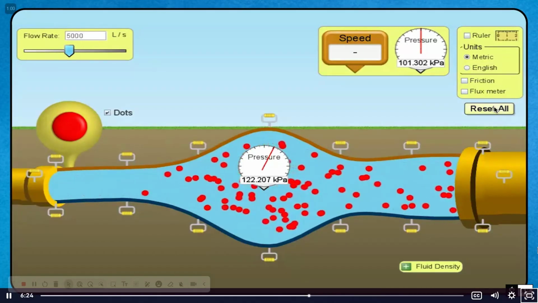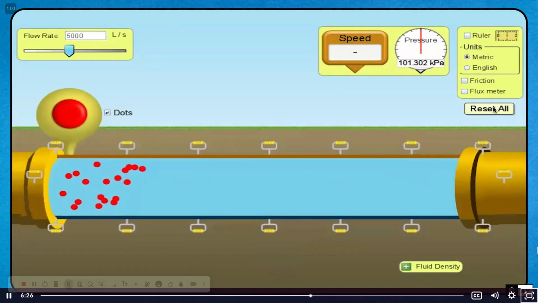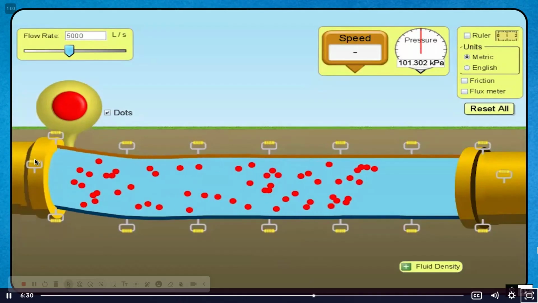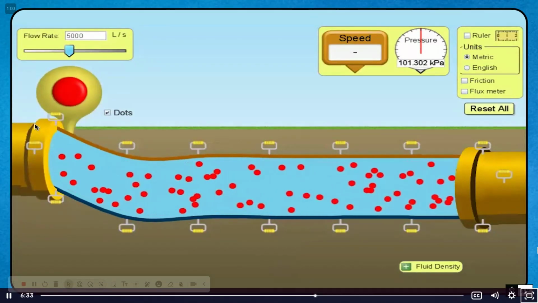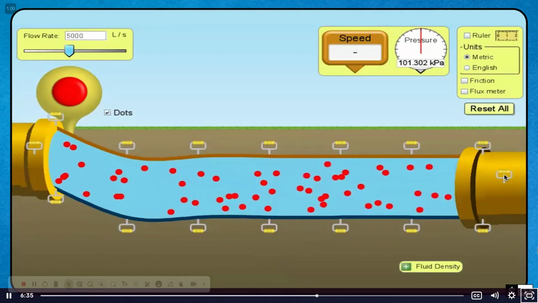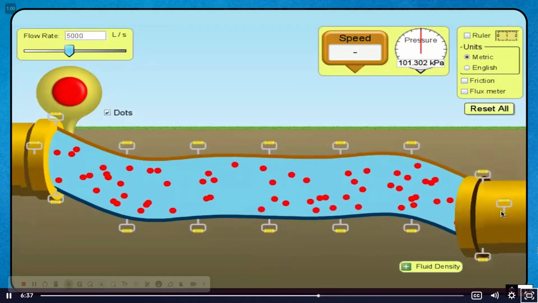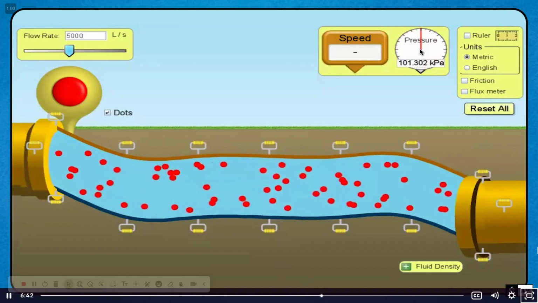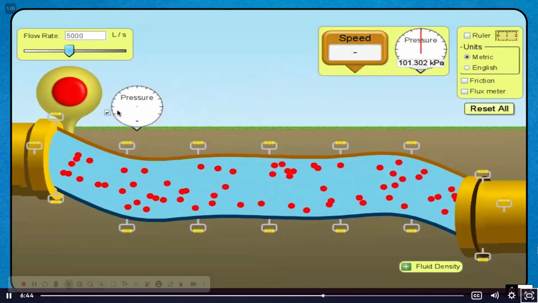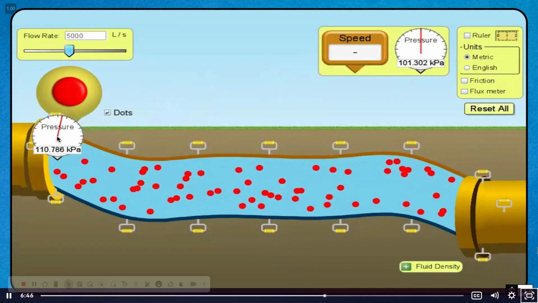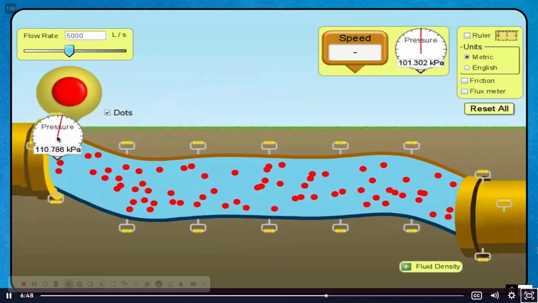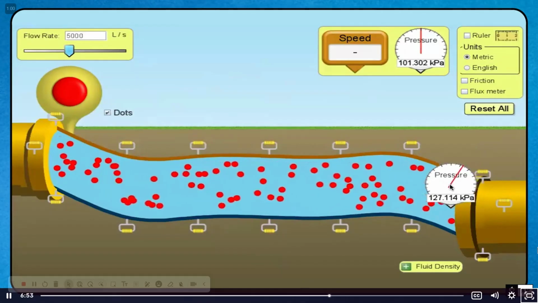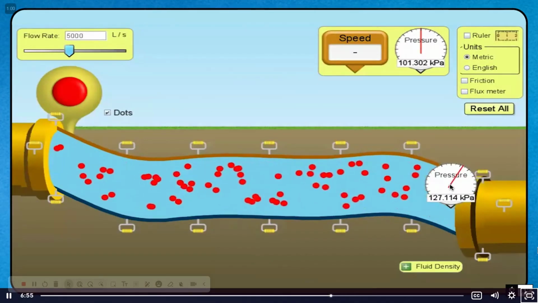Let's reset this. And I've reset it such that it's now horizontal again. What I want to do is increase the height of the left side of the pipe, and decrease the height of the right side of the pipe. And I want to measure the pressure at the high end, which is the left end, and I'll measure the pressure in the middle of the tube to be 110.786 kilopascals. And when I move it to the lower spot, you'll notice that the pressure is increased to